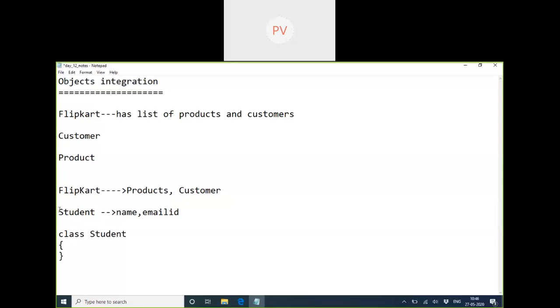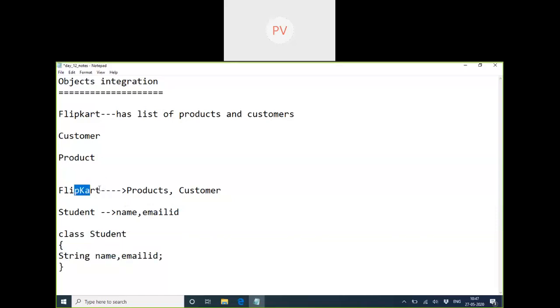We'll mention student as a class, and inside the student class we'll declare these two variables, because name is string data and email ID is also string data. So I declare these two variables with the data type string. This is what it means for a student to have a name and an email ID.